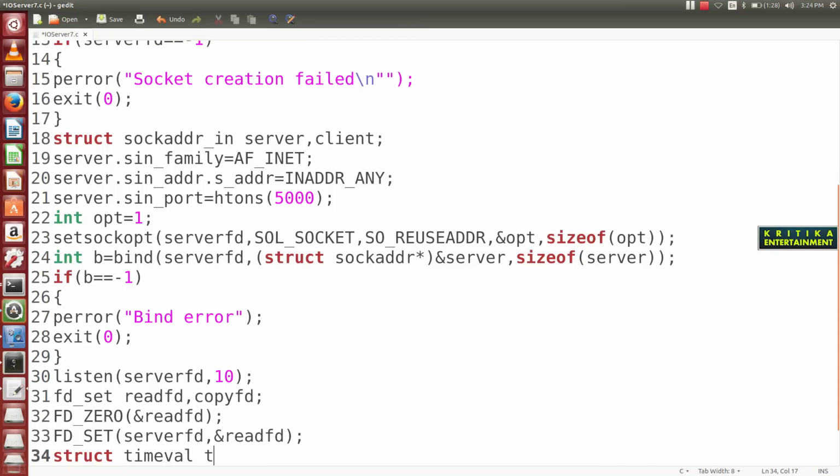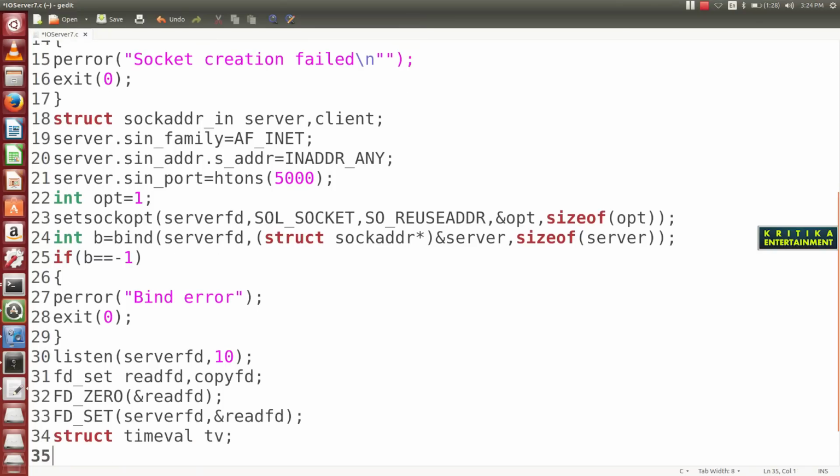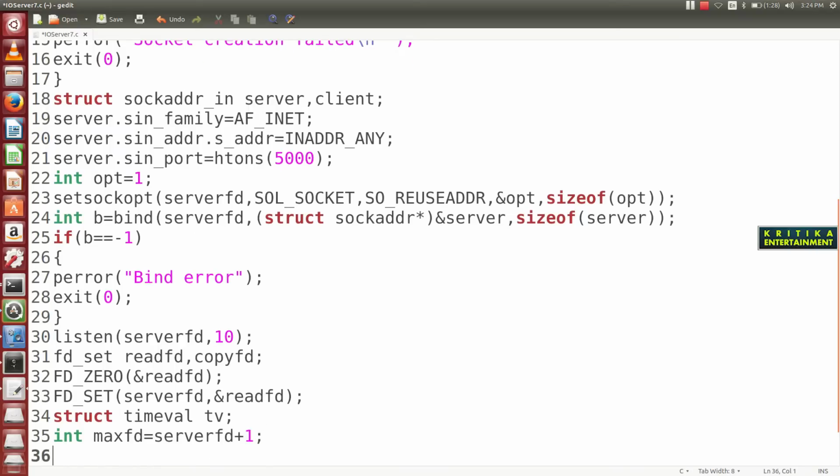Then here I declare the tv. Then int max FD is equal to server FD plus 1. Then I have declared int client FD.